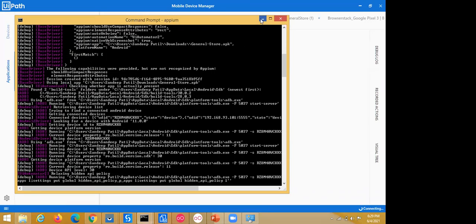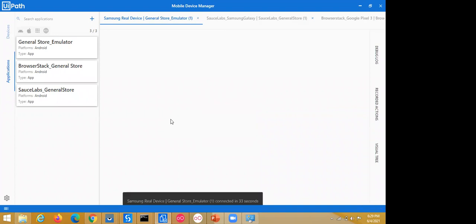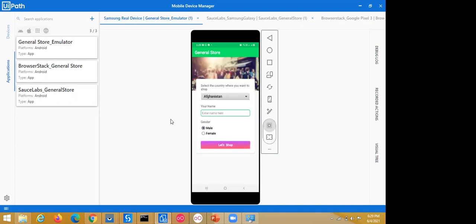So Appium is establishing the connection between my real device and UiPath. Now the device is launched and the application is installed.